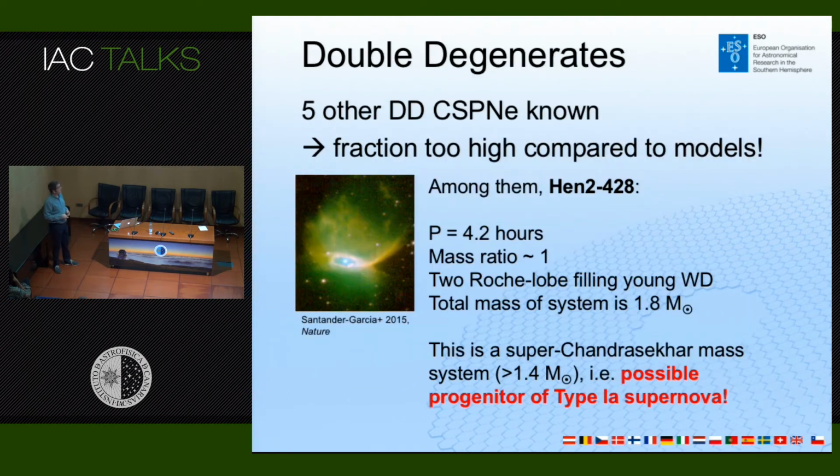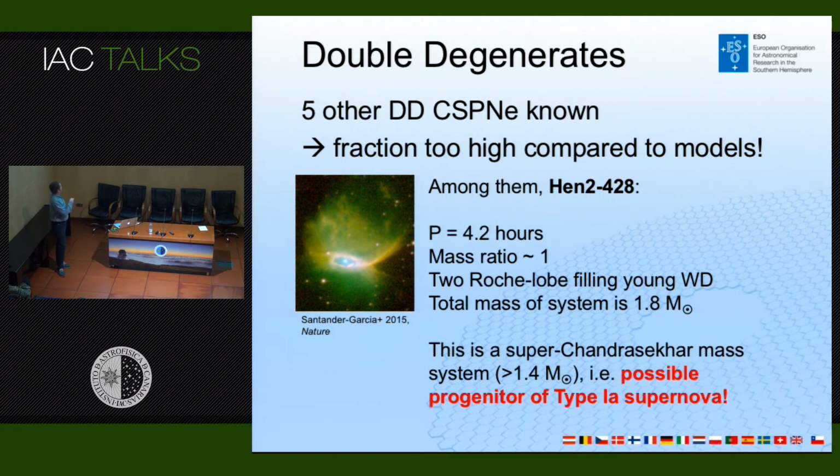And indeed, there are also five of those double degenerate white dwarfs which are known. And when you look at all the other systems, the fraction that we get from that is really very large, and for the moment it's impossible to explain by theoretical models. Also because most of the theoretical models can explain the formation of a double degenerate when you have a carbon white dwarf with a helium white dwarf, but here what we see all the time are two carbon white dwarfs. And for the moment it's really impossible to explain those. So this is again very useful to constrain theoretical models, and it will give a lot of work to the